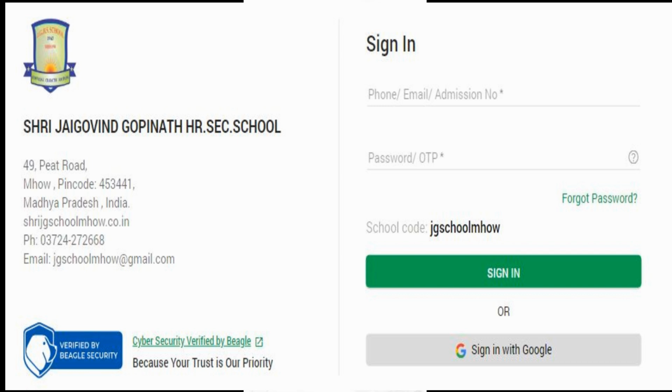Okay, so let's start. I'm going to open the message box where I received a message for the activation. Here I received two URLs: the first one to download the mobile application, and the second one if you want to activate from the web browser. I already made a video on the web browser and will drop a link in the description. Right now I'm going to do it from the mobile application.